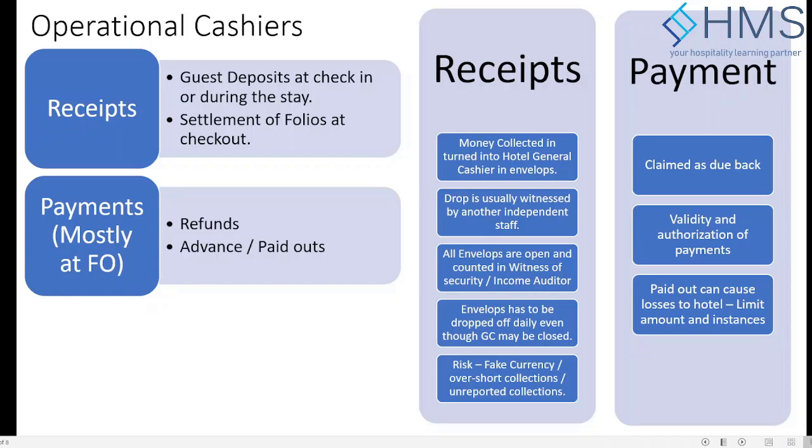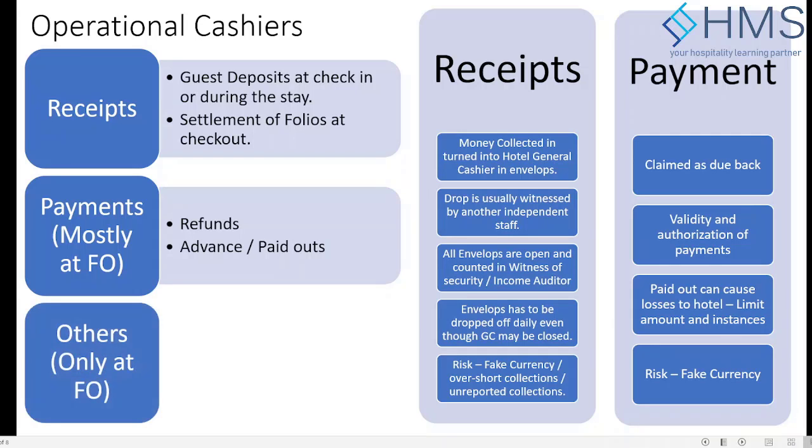Another is that you may get loss on the float, because if the guest is staying for 5 days, 7 days, your working capital investment is increased, because you have to pay cash now and collect at a later stage. So that's the problem. And usually the paid outs also sometimes can be of fraud instance. The risk again here is not that much, it is only on the fake currency, especially on the currency exchange. So that's the risk on the payment side.